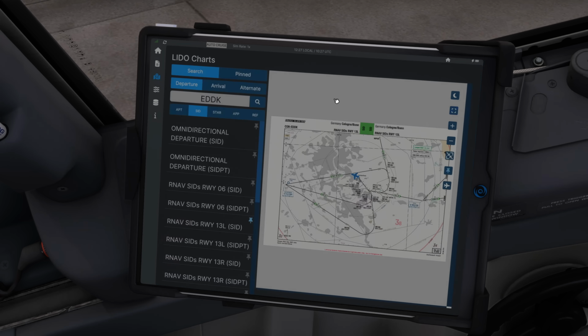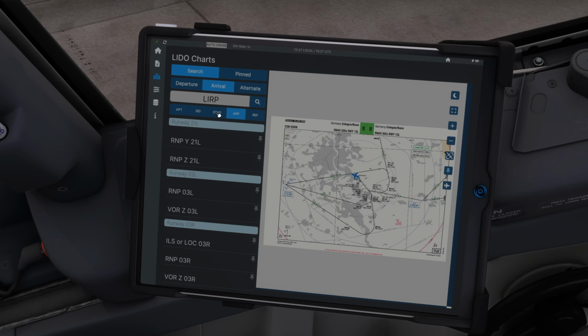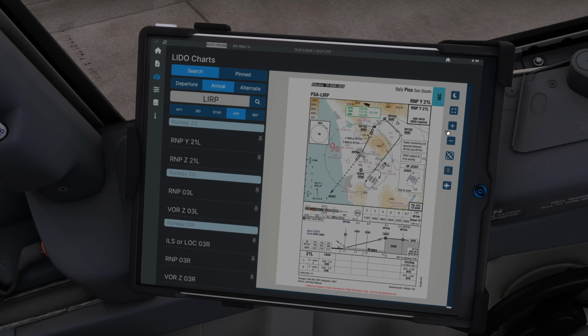The charts are loading reliably, the charts are loading quickly. Like when we switch over to our destination, you can see here it is already, so that's really going very, very well. This is a great option for those of you who do not want to pay for a Navigraph subscription,